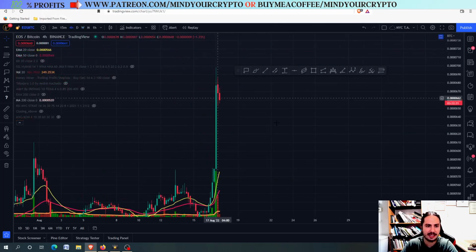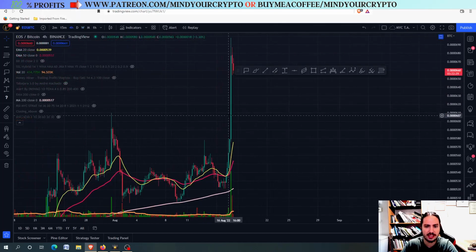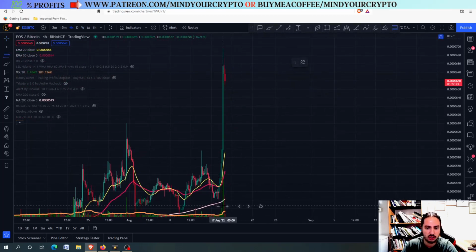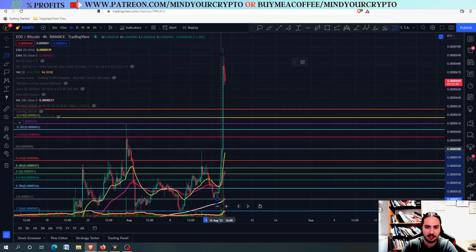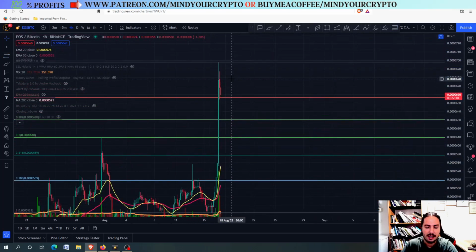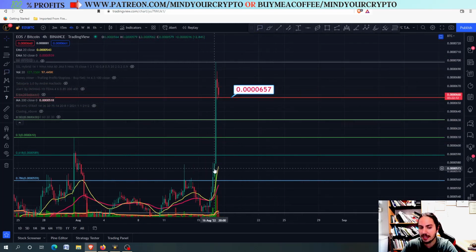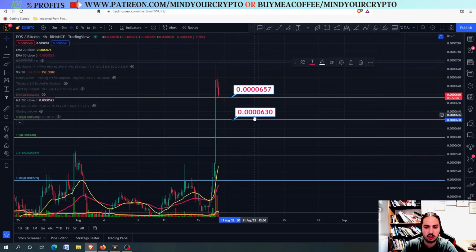First of all, let's see the EOS against Bitcoin chart. For the EOS against Bitcoin chart, we had a nice plus 17% pump. And I'm thinking that right now we are going to see a correction coming in. Okay, so right here, if we just hold this line, the 0.40657, then we can manage to pull it off and go even higher. But if we close below, then be certain that we are going to see the 0.40630 coming